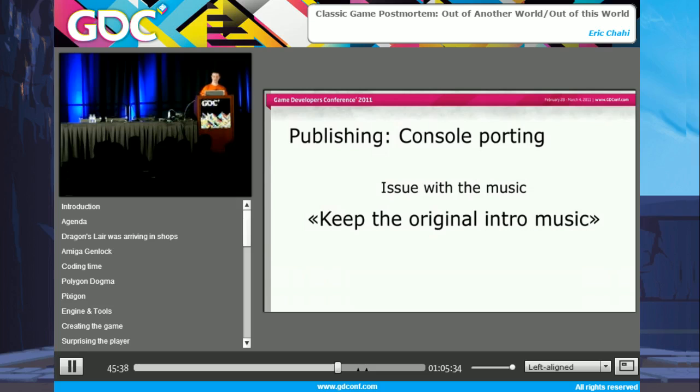Interplay wanted to replace the original music used on the Amiga version with new music for the Super Nintendo. And I disagreed. This was a serious source of conflict as they were doing the porting for the game, and the situation drove me totally crazy. The music matched the visuals so well. This led to a big transatlantic fight by fax,